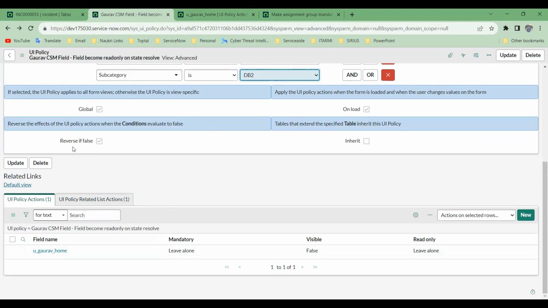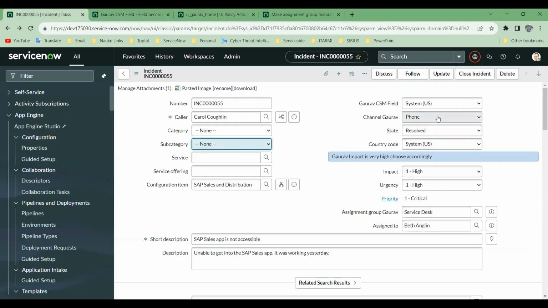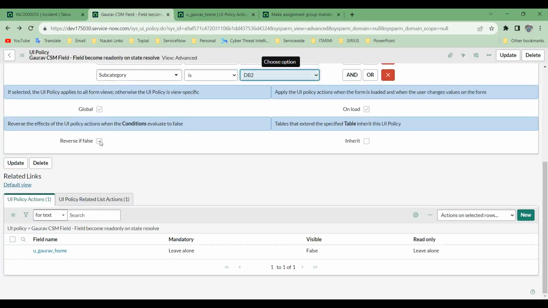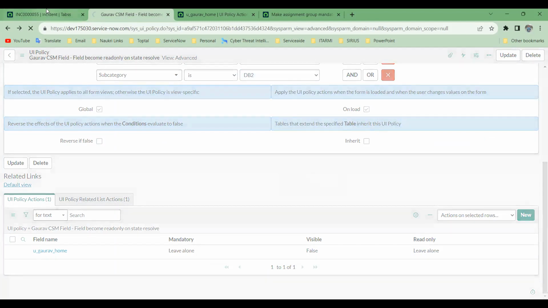Now the reverse is the false, correct? What it does is, if in the condition you made changes, and then without updating anything you make changes again, it will reverse whatever changes it applied, correct? If we make the false, it should not revert it, correct? You're getting my point? So that's what I'm trying to say. If I make this checkbox unchecked,